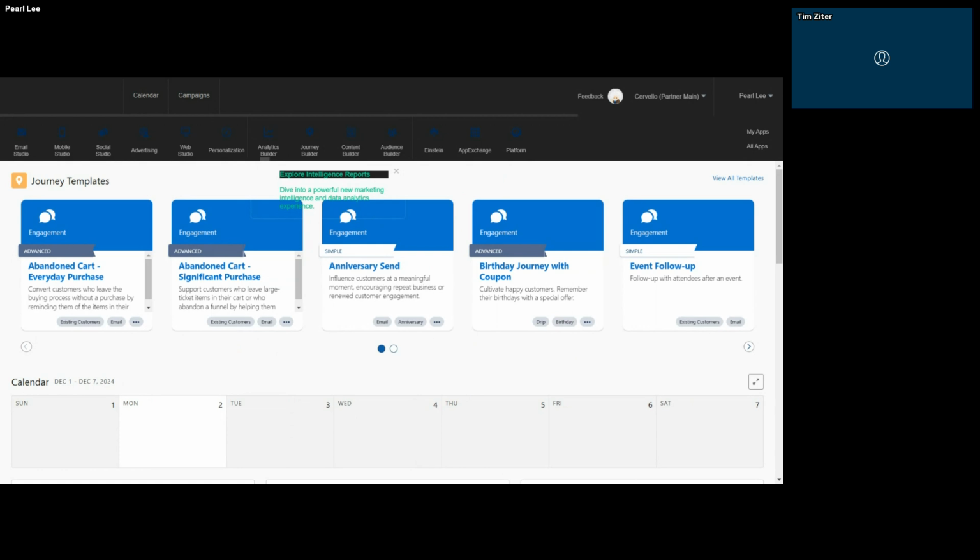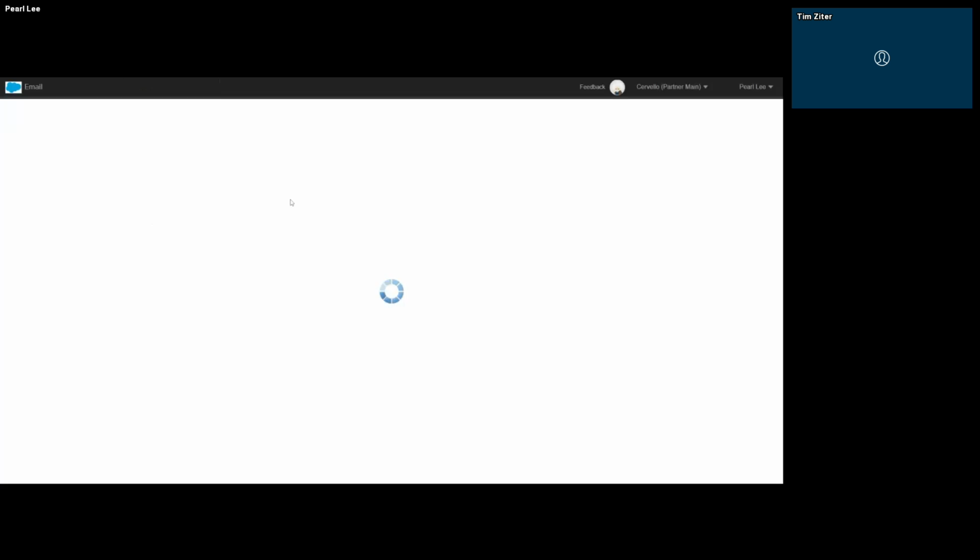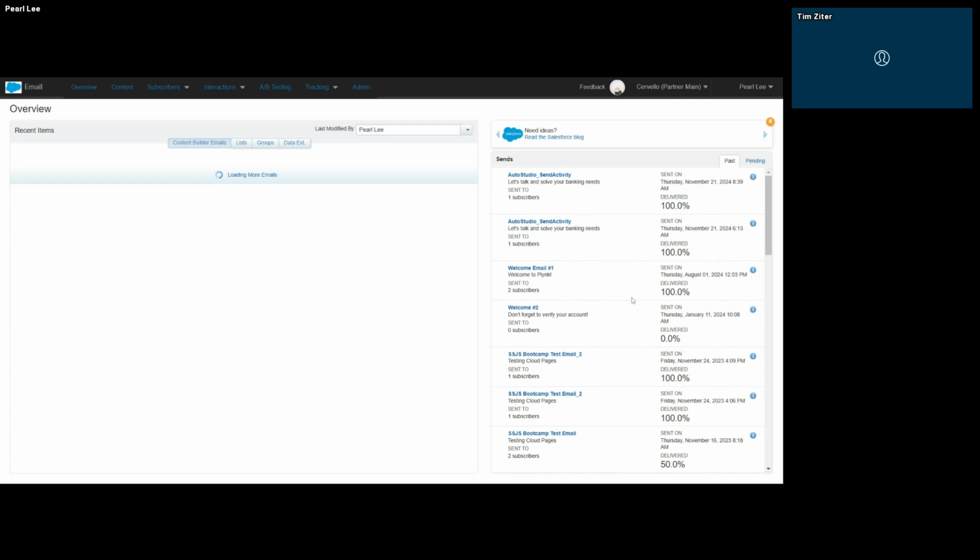If you go to the upper left-hand corner, there's an Email Studio icon. Yes. We're going to click on that email. This is Email Studio, where down the road we're going to be building out emails, but we're going to create a new data extension.